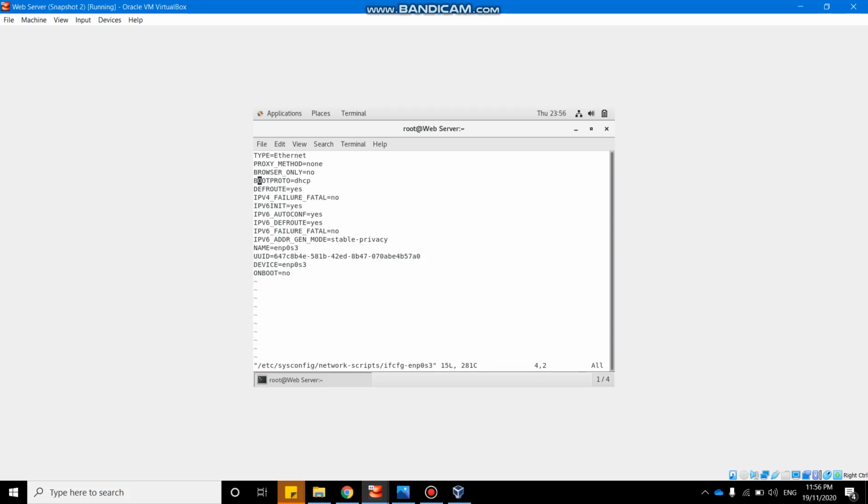So at BOOTPROTO, we change to static, and then we put the static IP here. This is my static IP. You can put whatever you want at IP address as your static IP. So it must